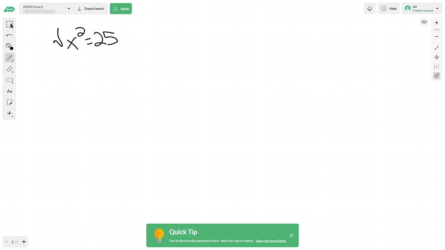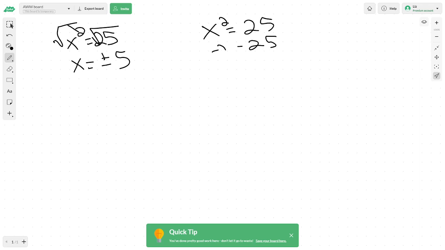So that's one way you can do this. You can take the square root here, the square root here, and get x equals positive or negative 5. But also, if we subtract the 25 and try to solve it by the zero product property,